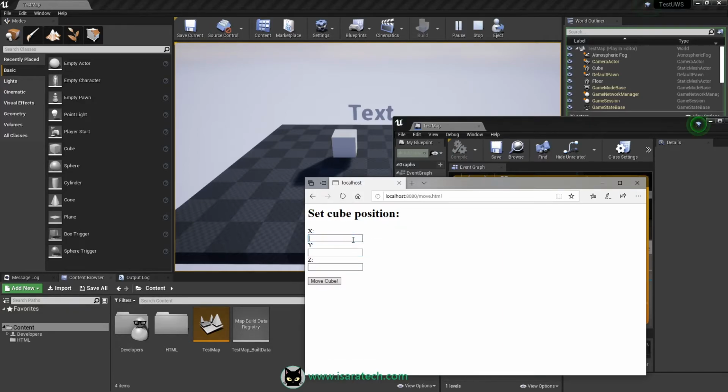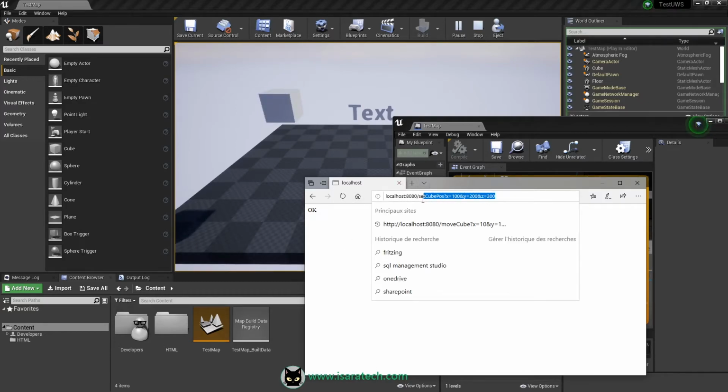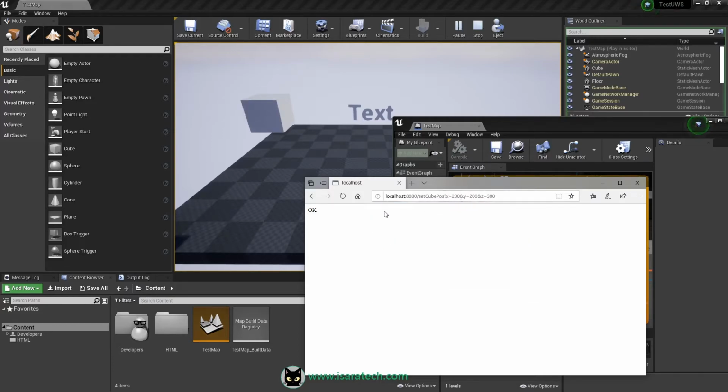With my set cube position, for instance 100, 200, 300, move cube, and voila. It's exactly like if I had used my address bar to set some variables. It's exactly the same.